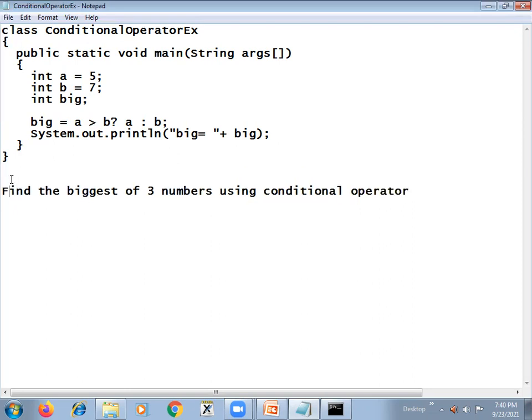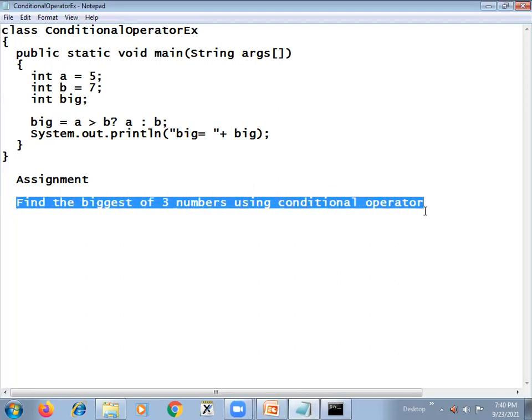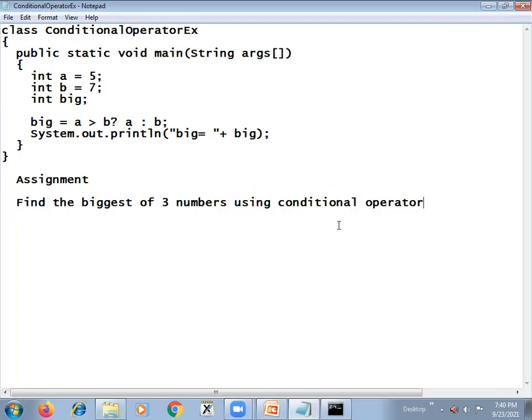Write a program for this and send it to my WhatsApp. Apply the concept of how the conditional operator is evaluated, use that concept and try to write the program to find the greatest of three numbers.